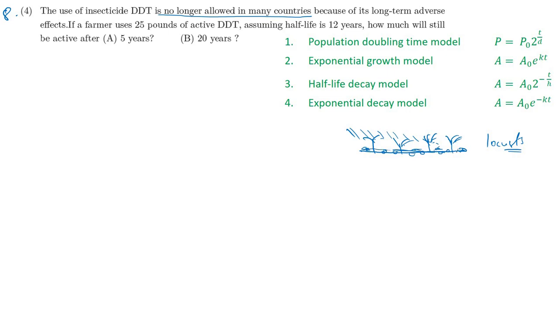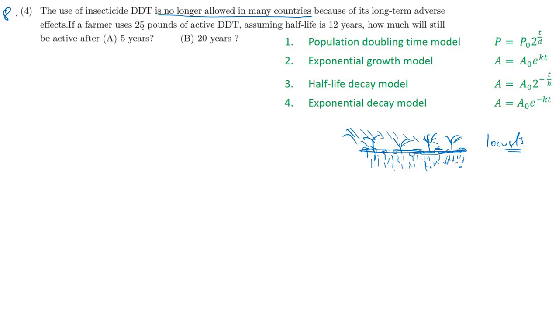Now, if it is on this field, it is very difficult to remove from here. It will settle down. It will go inside the sand. Every year we will put more, and every year some will go inside. This will lose its power, but it will take a number of years, 20 years, 30 years. Before it loses power, we are putting the next set. That is the reason you want to study this type of problem, because of its long-term adverse effects.